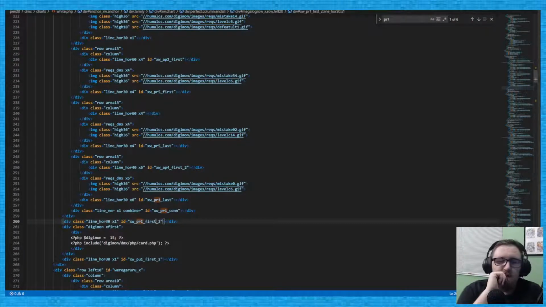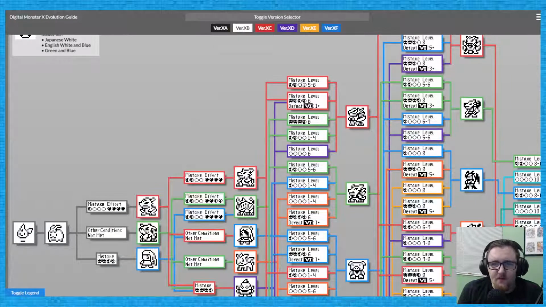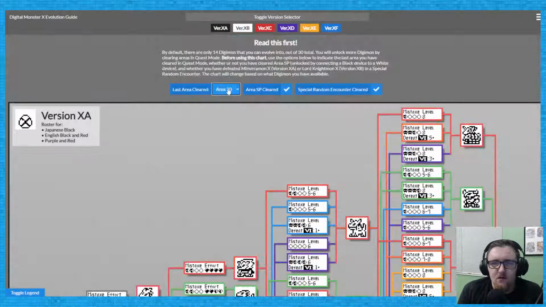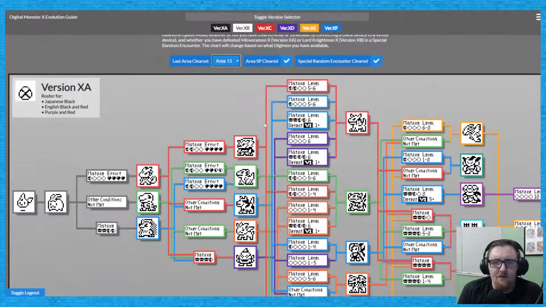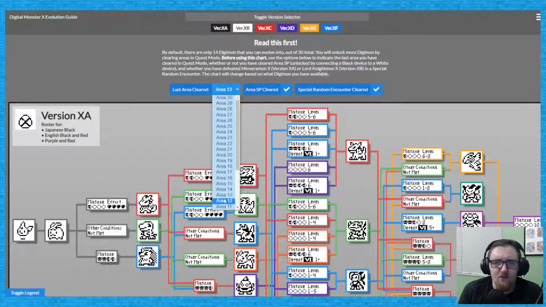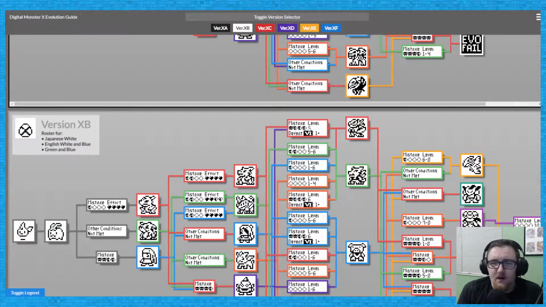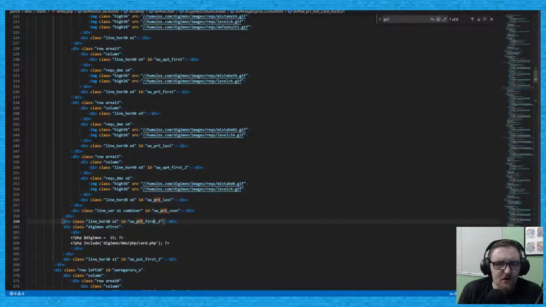Yeah, let's re-examine how this looks. Okay, so right now the difference is that on area 13, it has all 5 slots, and on area 12, it only has 1. So that's the entirety of the difference. Okay, that's easy. I can do that. What do I need? This? Yeah. All right, so we're going to change you